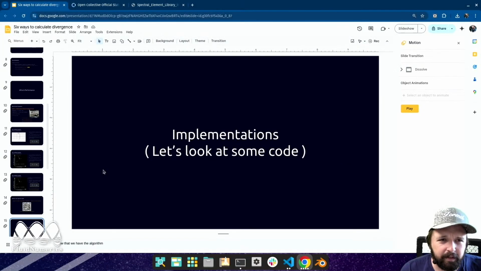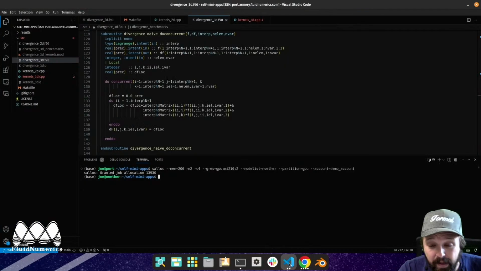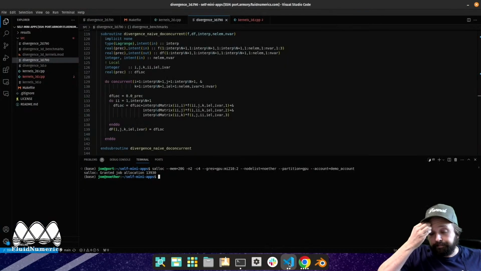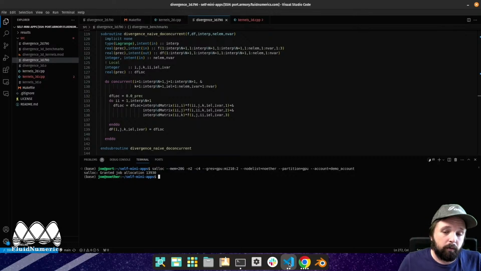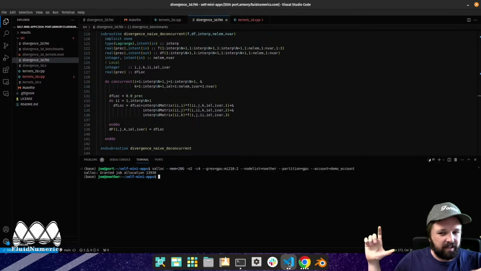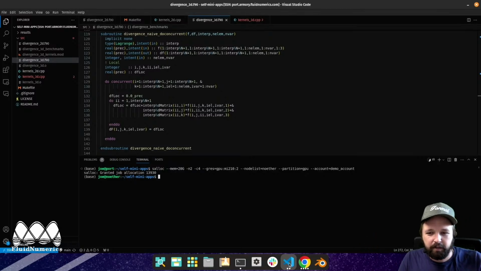Before I show results, let's do that. Let's go ahead and look at some code. So, like I said, we've got this divergence kernel that we want to implement. What I want to do is show you guys how we do this on the CPU first, because that's pretty straightforward to digest. And then I'm going to switch gears and show you some ways we can do this with